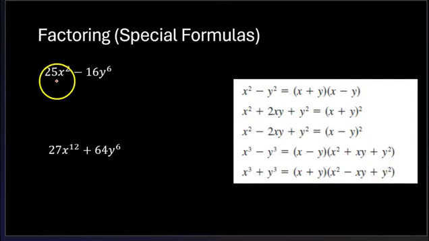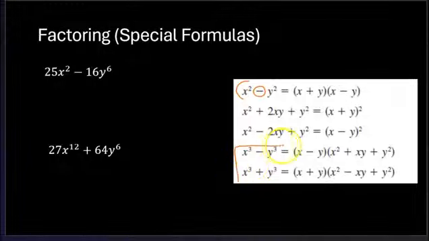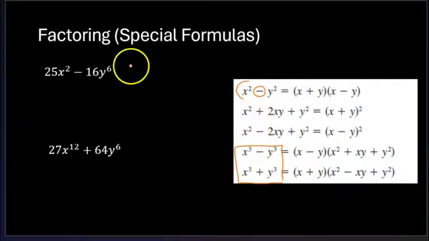So here we have a binomial. This will only work when you have a difference of 2 squares. It's only for the cube that you will be working with sum and difference. But for the square, it will only work when you have a difference. So here, I am sure that this first formula will not work. I know that this one is for cube because there's no such thing as x squared plus y squared in our formula. It's very easy because you just take the square root.